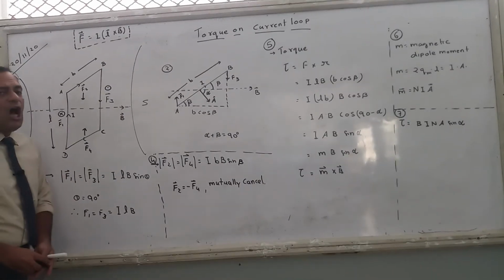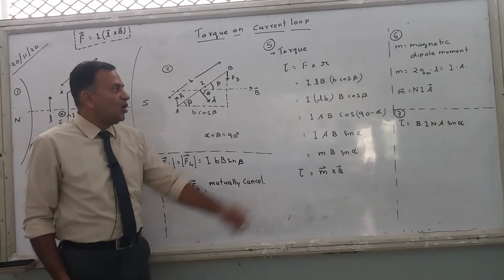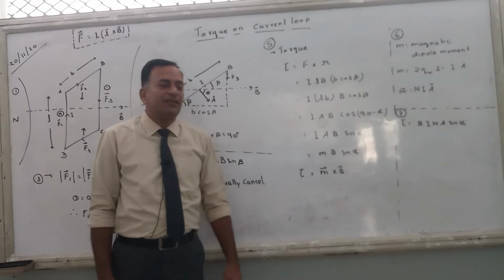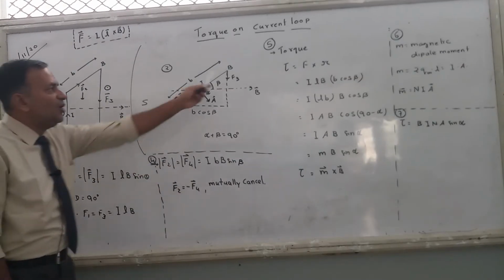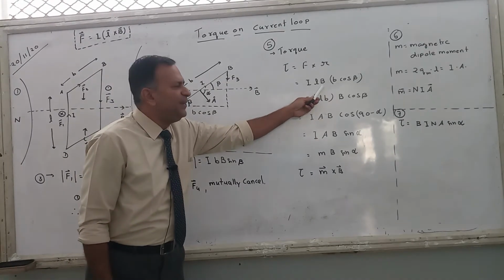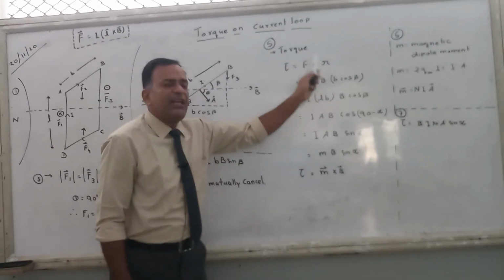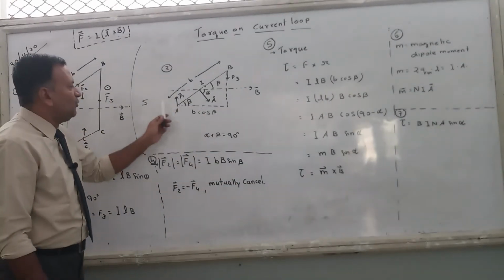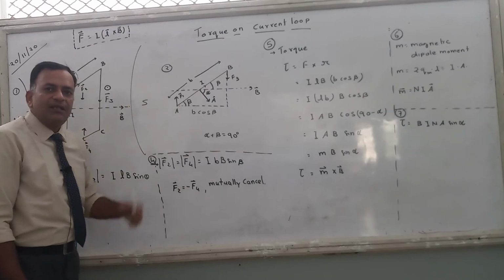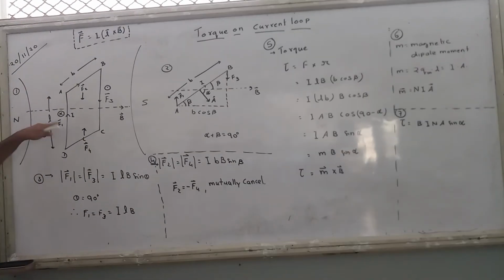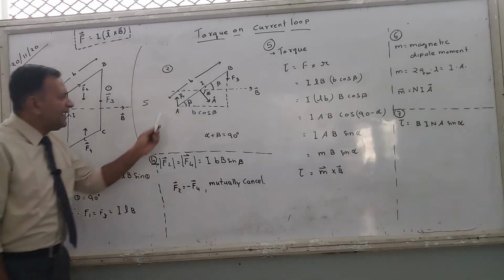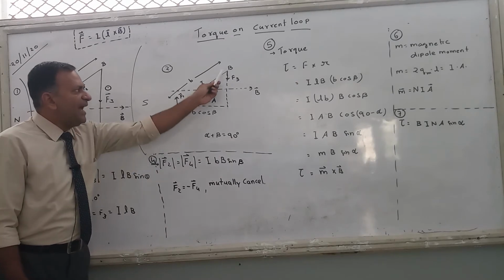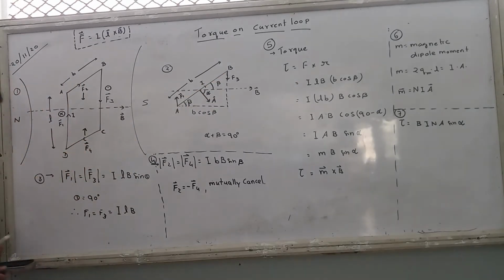Now calculating the torque. What is the formula to calculate torque? Force into distance. Okay. So what is the force acting on this? ILB. So what is the force? ILB. And now finding the perpendicular distance between the forces. Look at the bird's eye view. This is the bird's eye view. AB. Okay. Now if you see force F1 from here, how is it? Inside. If you see it from the top. If you see this same force from the top, what will you see? F1 is upwards, F3 is downwards.